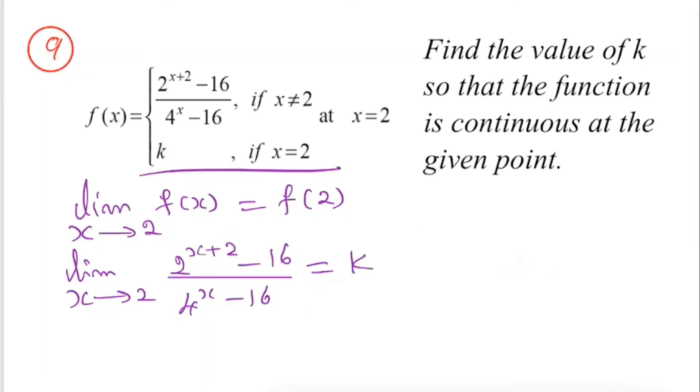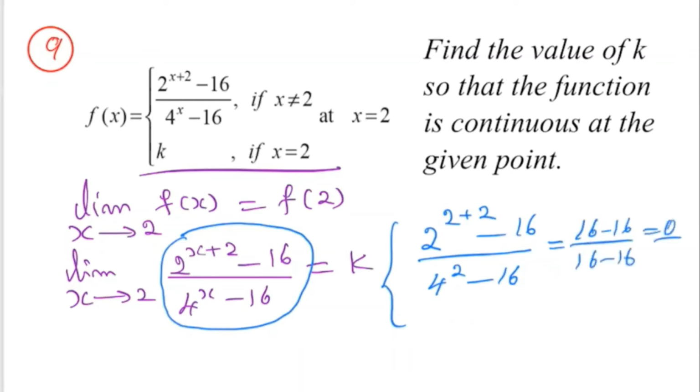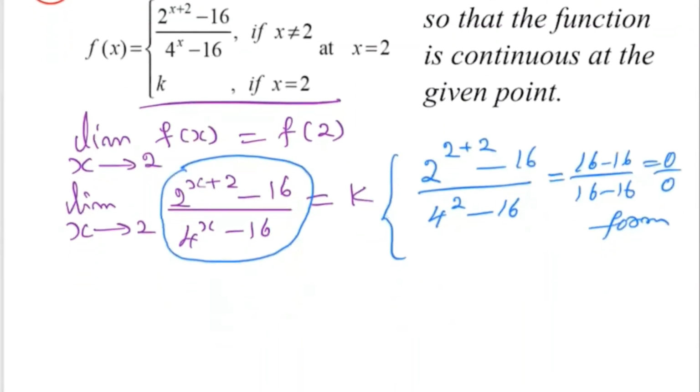Now, if we replace x by 2 in this expression, let us see what we get. 2 raised to the power of 2 plus 2 minus 16 upon 4 power 2 upon 6 minus 16. That is 16 minus 16 upon 16 minus 16. 0 upon 0 form. So we can use L'Hopital rule, that is just differentiate numerator and denominator separately before you